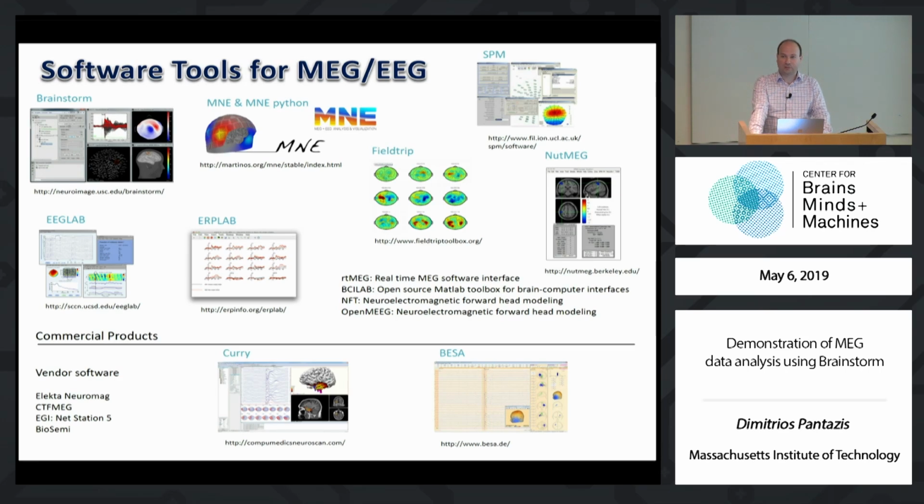So there are a lot of software packages for analysis of MEG and EEG. I will discuss very quickly how we can use Brainstorm to analyze some data. Another very powerful software is MNE and MNE Python, developed by Matti Hämäläinen. And two more, FieldTrip and SPM, are really popular tools as well. And I think, more or less, looking at these four tools, the majority of groups are using these four software packages